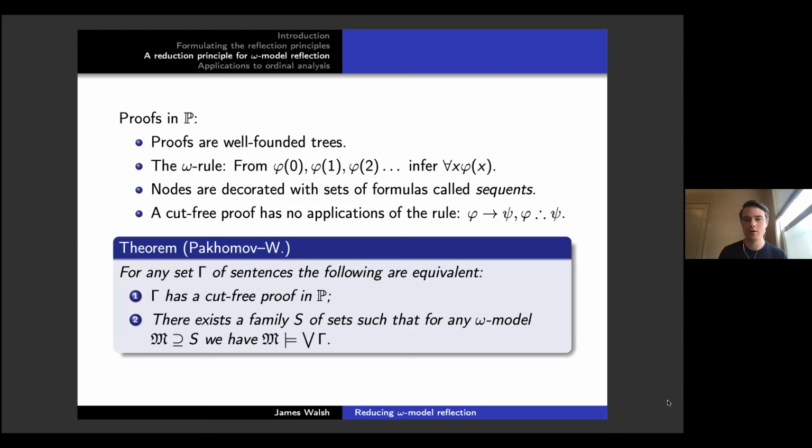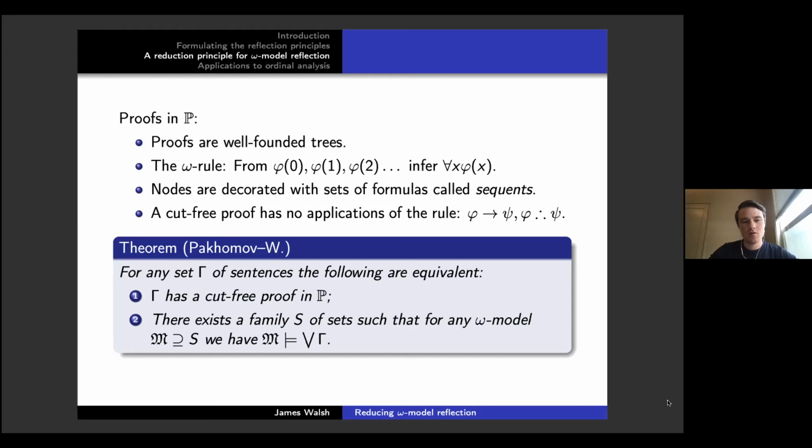So we're going to be careful to state when we're talking about cut-free proofs in certain circumstances rather than proofs with cut. Now, this technical point does matter to the way that these results are stated, but for those of you who just want to think in terms of proofs, you can probably ignore this technical complication. If you're not sensitive to it, it won't matter much for understanding the statements at their core.